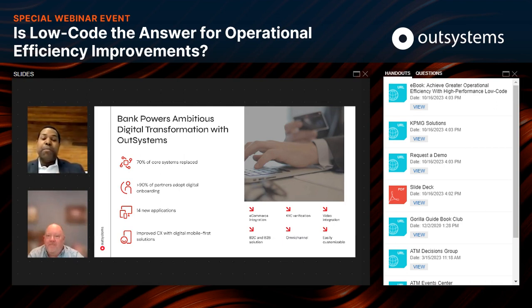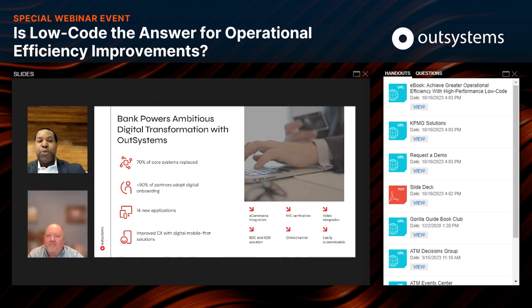Then there may be multiple systems that are involved in the process, some of them legacy, some of them may be newer. They may or may not be integrated at one point in time or another. And with onboarding, especially in the financial services industry, there are a number of compliance checks that absolutely have to be met. And so, one particular example,